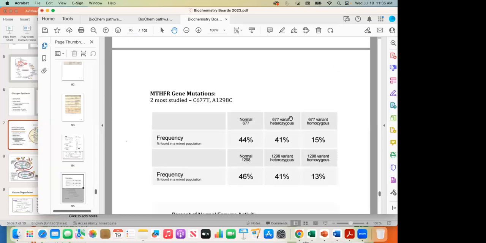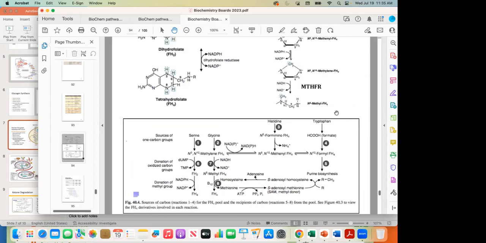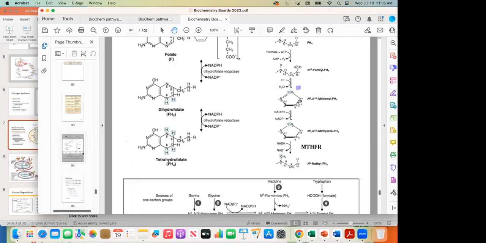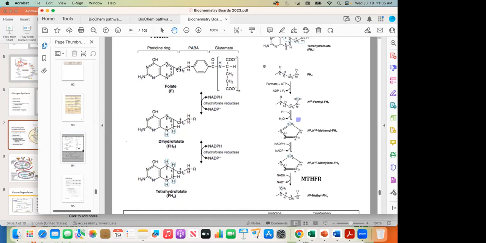Would a neural tube defect be the abnormalities you're talking about? You could have a neural tube defect, yes, especially if you had a complete defect, but typically you see neural tube defects not necessarily when you don't have this appropriate gene, but when you don't have appropriate starting concentration. So that's when you see the most neural tube defects from folate, is when you don't actually have the concentration present, which is why we recommend people who are interested in achieving pregnancy to supplement with folate prior to pregnancy. And then obviously checking your folate level if you're not absorbing it or actually translating it into its active form.